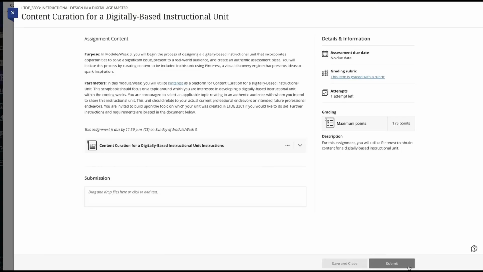For this assignment, you will utilize Pinterest as your platform for content curation for a digitally based instructional unit. Through Pinterest, you will be creating a scrapbook that should focus on a topic around which you are interested in developing a digitally based instructional unit within the coming weeks. You are highly encouraged to select an applicable topic relating to an authentic audience with whom you intend to share this instructional unit. This unit should relate to your actual